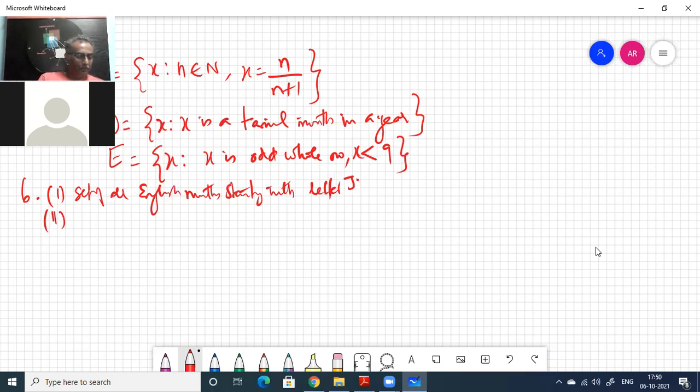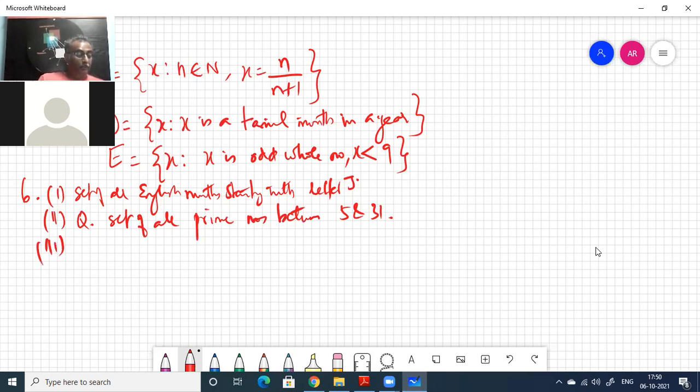Okay. Second one, Q is equal to 7, 11, 13, 17, 19, 23, 29. How to get that? How to get Q? These are all the prime numbers, uncle. They are prime numbers, but not all the prime numbers. There is a range of the prime numbers. So how to say that? Set of prime numbers between 5 and 31. Okay, that is a very good way to say that. Very good.